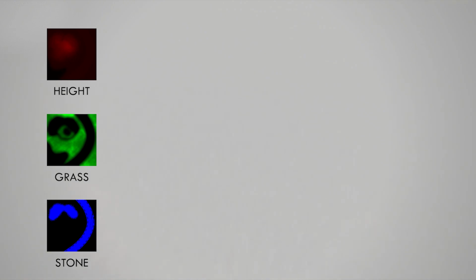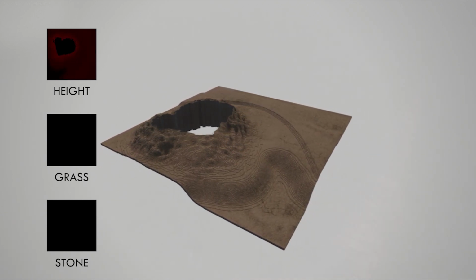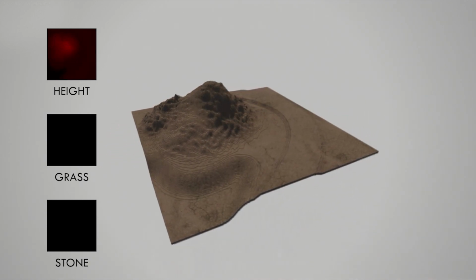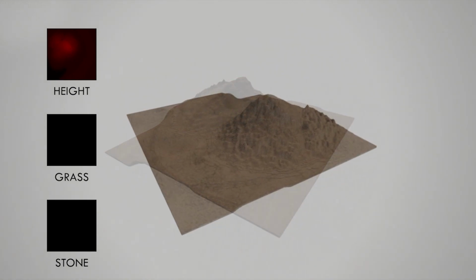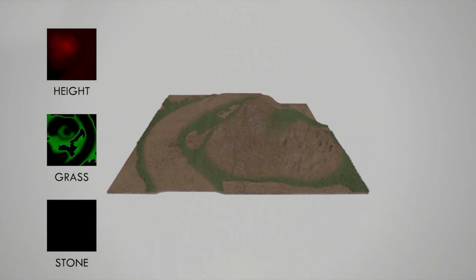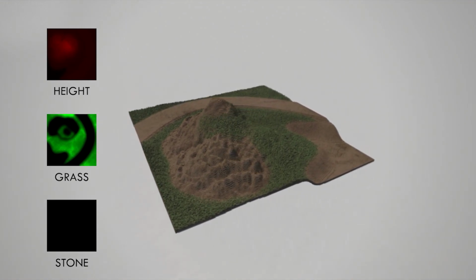By exclusively setting each of the groups to only affect a specific color channel, I effectively separate the function of each group. Whatever I paint on a layer in the height group will only affect the red channel, hence only has an effect on the height of the height map. No matter what I do on the layers in the grass group, it will only affect the green channel, hence only affect the amount of grass in the height map.